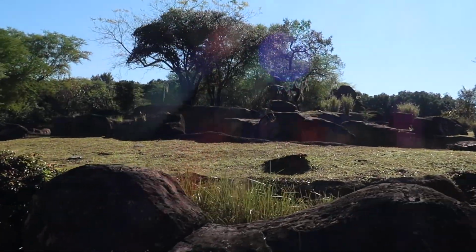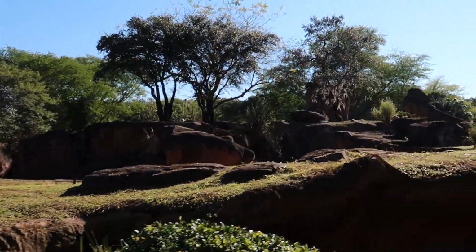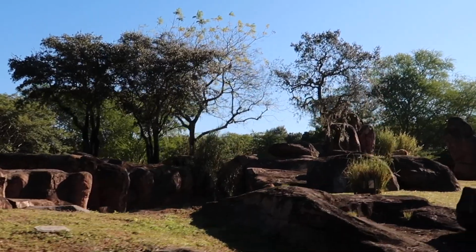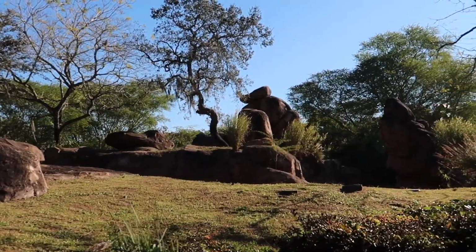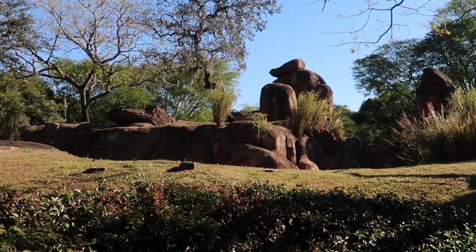Over here on this ledge up to the left, if you look where the tall clumps of grass are, I do see a male lion resting his head facing the sun right up here. Now, they will sleep roughly 16 to 20 hours a day. Being more active at night, they like to store, you can actually see a female right behind him as well,